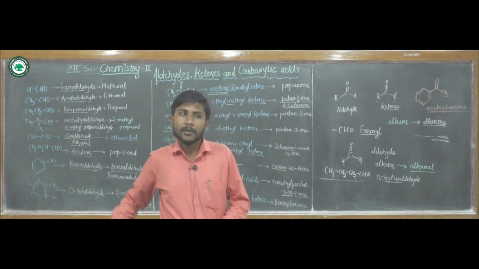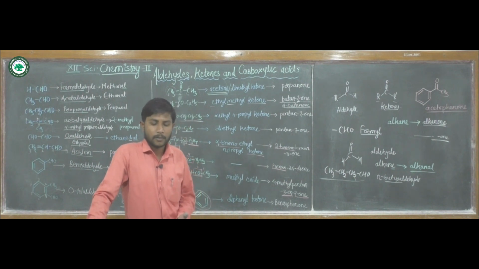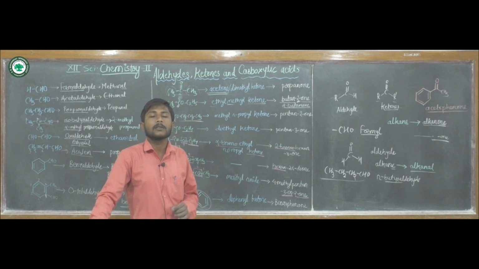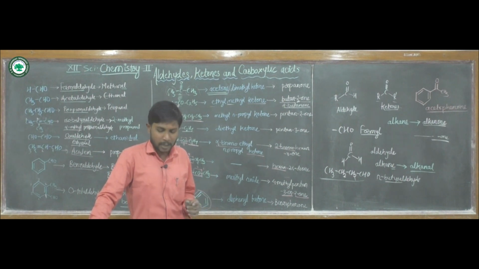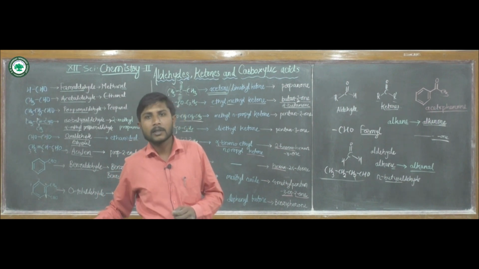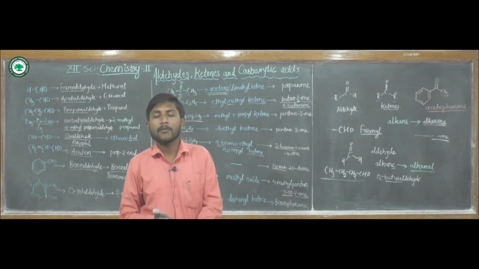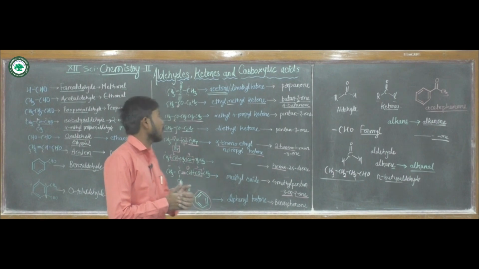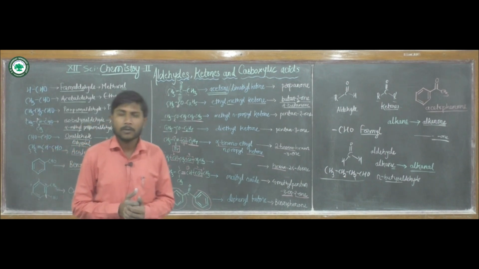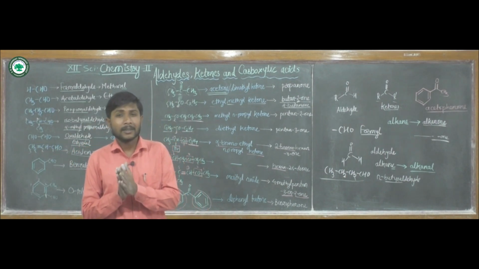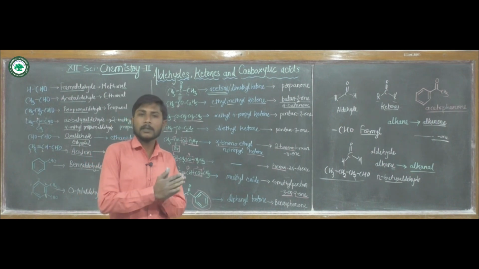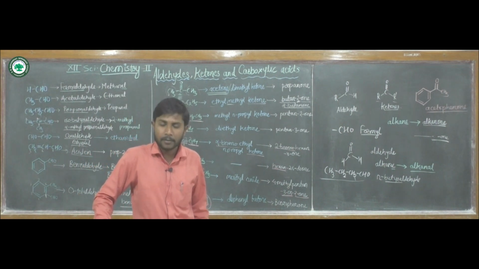In this lecture, we have seen in detail the nomenclature of the carbonyl compounds, that is aldehydes and ketones. Later on we will see the preparation methods. There are various preparation methods for aldehydes and ketones. We have seen them from 11th standard also, and in the previous chapters of organic chemistry of 12th science.